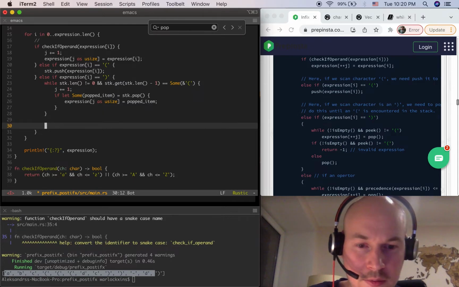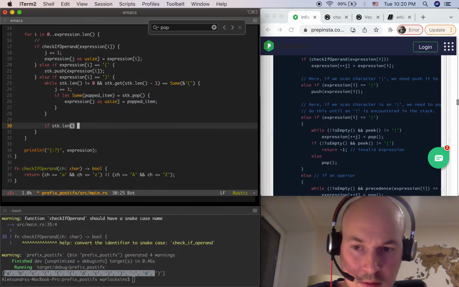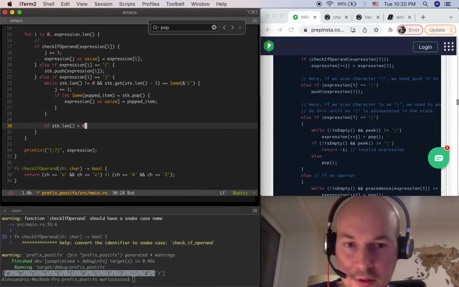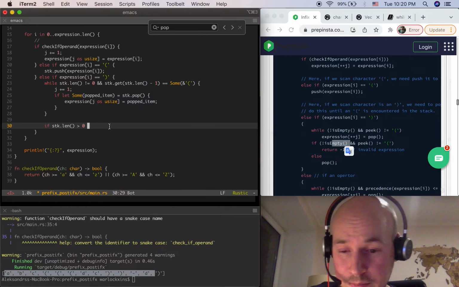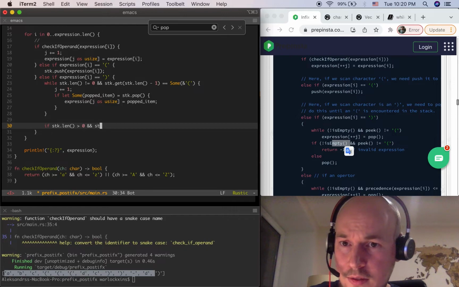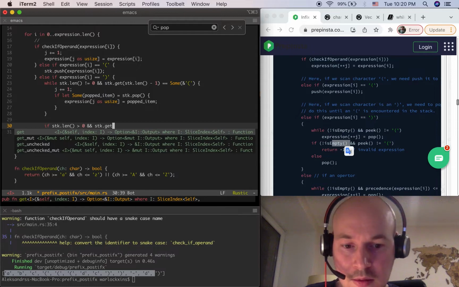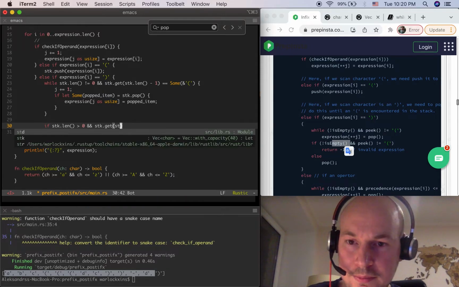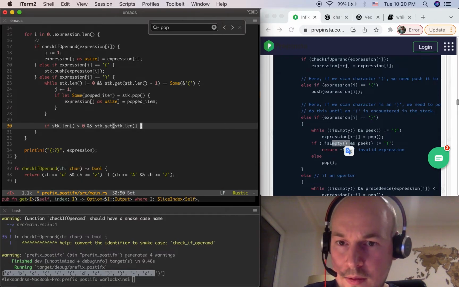So if stk length more than 0 and stk get something at stk length -1,